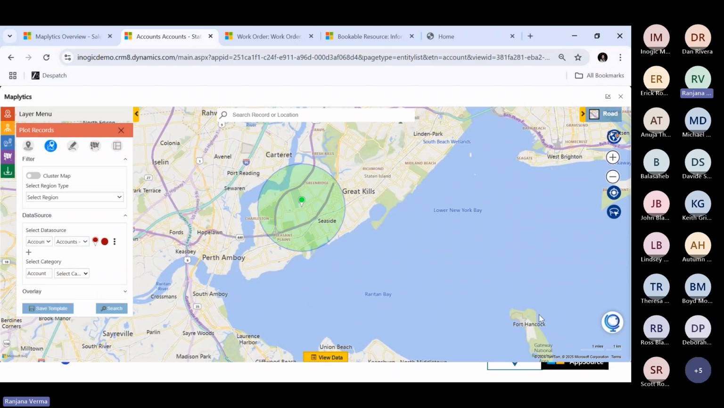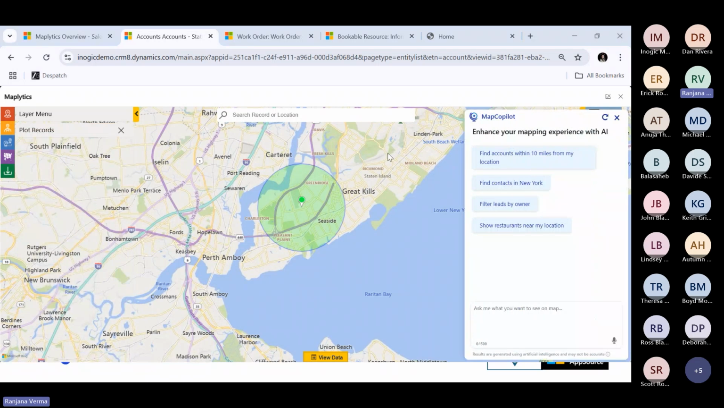But for this, instead of using a plot card and clicking all those things and just typing in, what I'll do is I'll use our very famous Map Copilot. Okay. So here, let me type something and let the Copilot do its work. So find accounts in Staten Island,